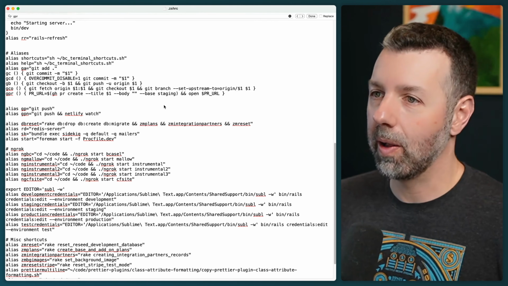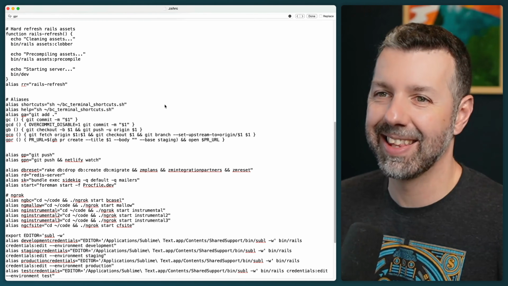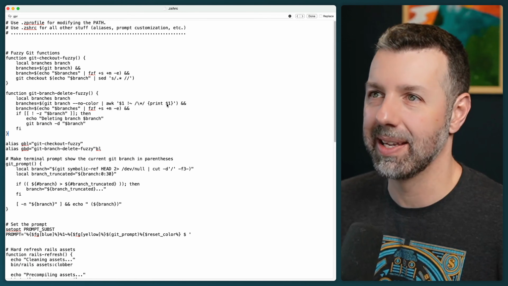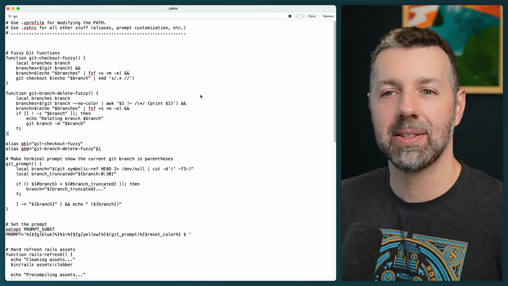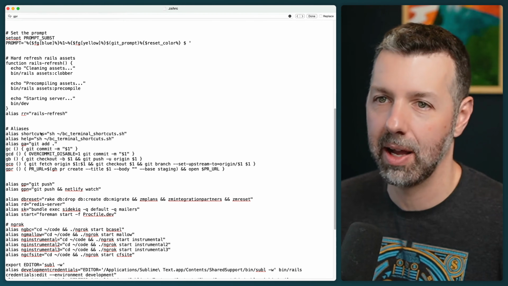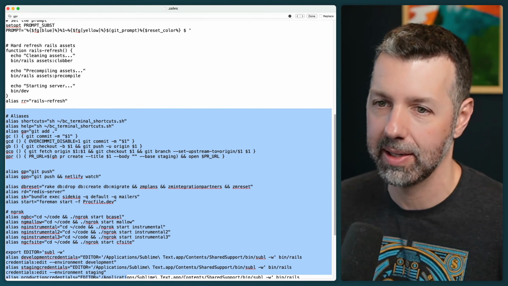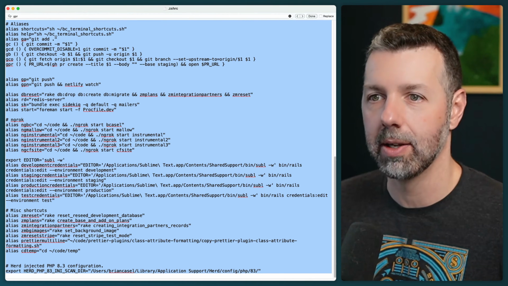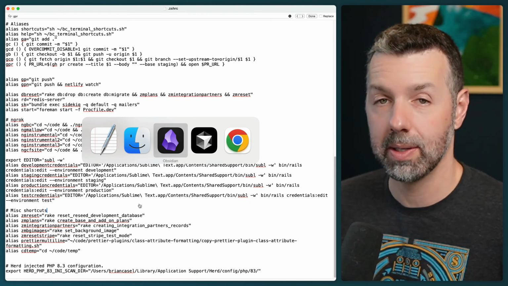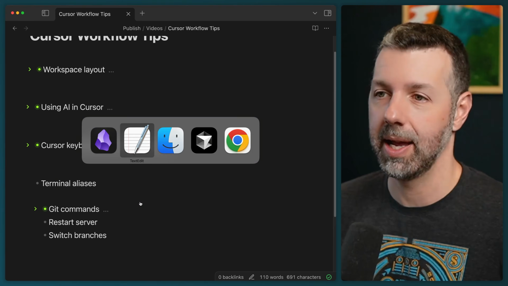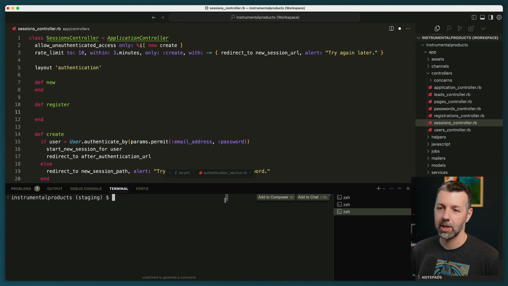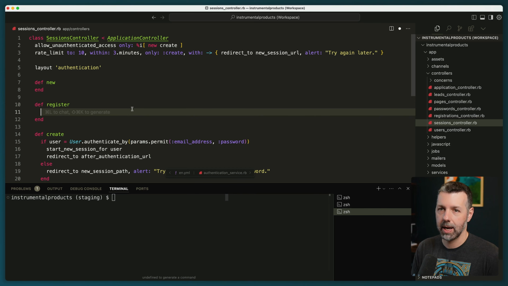I'm not going to go through all of the craziness that I dump into my ZSHRC file, but this is the file where I define all of my little aliases that I use in Terminal. And I want to highlight the ones that I use like 1,000 times a day. Starting with the Git commands, every time I want to git add, let's say I started making this register method,